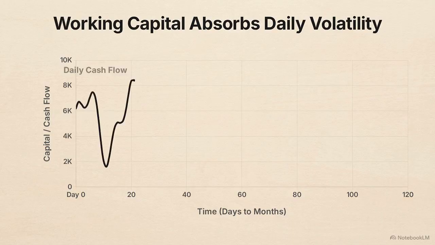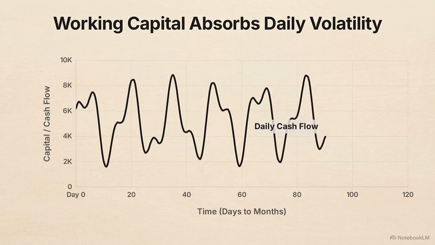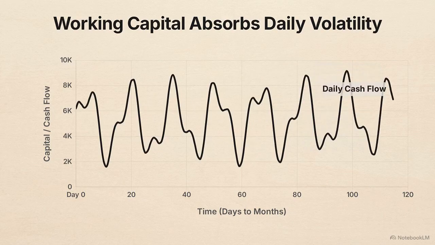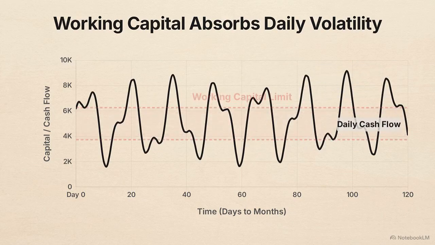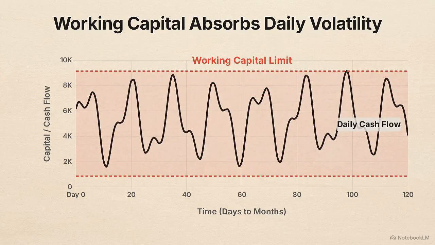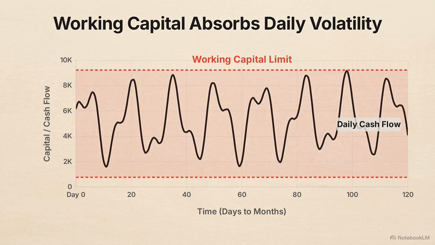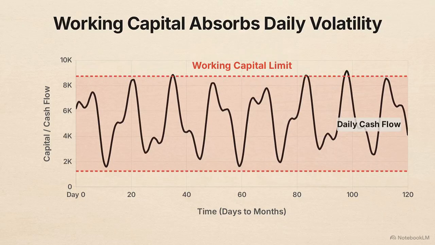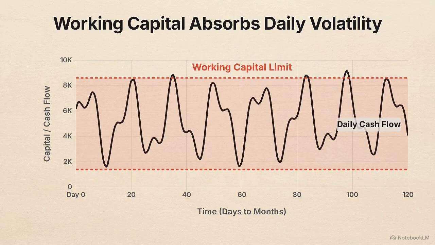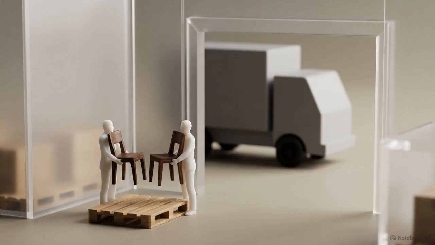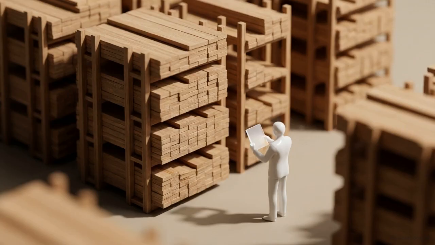This adjusted chart focuses on the short-term scale. Day-to-day operations run in a continuous cycle, purchasing materials, paying salaries, and waiting on invoices. To stabilize this volatility, the bank issues working capital, a revolving boundary expanding and contracting with daily cash flow. In Nepal's trading and manufacturing sectors, working capital ensures continuous operational flow, preventing the factory from shutting down while waiting for a single payment. Because the funds move quickly, the risk mandate changes.